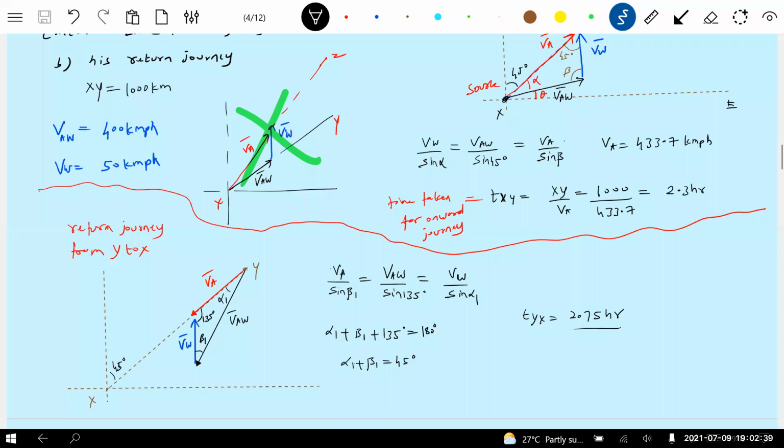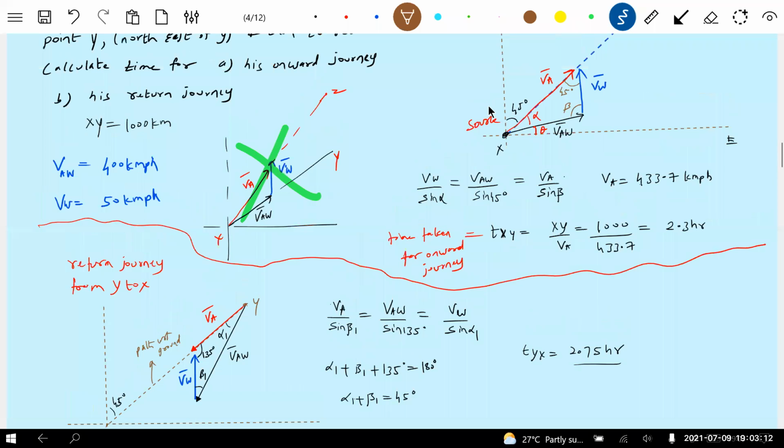Better you see like this, this was the learning. Nothing wrong. Okay, if VAW bar is along XY, then where does the plane land? The plane will land at Z. So these are wrong. What should be the correct one? The VA bar should be along the path. So everywhere in the problem, at least indicate the right path with respect to the ground. Path of whom? Path of the aeroplane. A person standing on the ground should see that the plane is moving along YX.